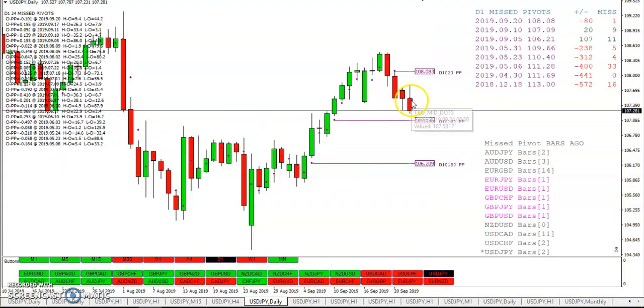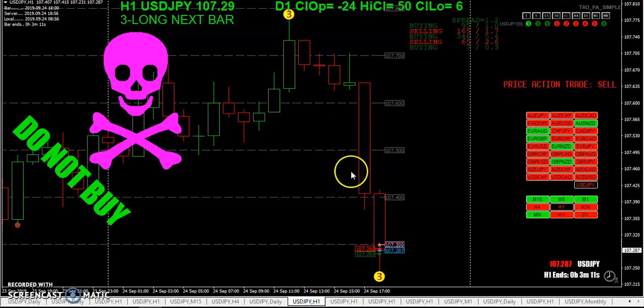We saw we took out the pivot. We still have 3 missed pivots for the month, but looks like we might take out another one if price continues south. Price action, 3 ball at the top, red at the line,